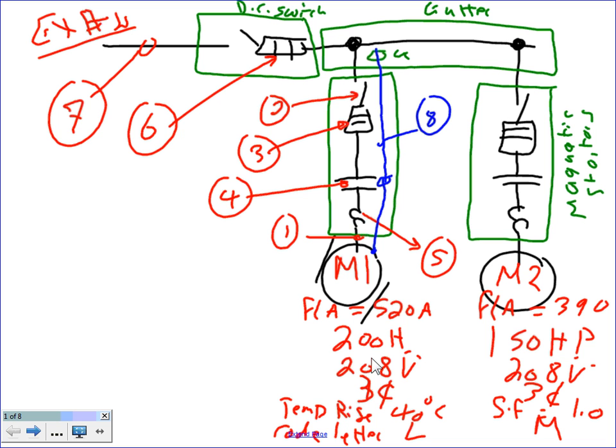This is a disconnect switch, a unit NEMA 1 or NEMA 3R disconnect switch, a fuse and a disconnect, number 6. Number 7 is a feeder. Then I grabbed my feeder, as we do inside a gutter, and I tabbed that feeder. So I tabbed my feeder, right? Literally spliced into this feeder, and I went down through a fused disconnect, and inside there's a contactor and an